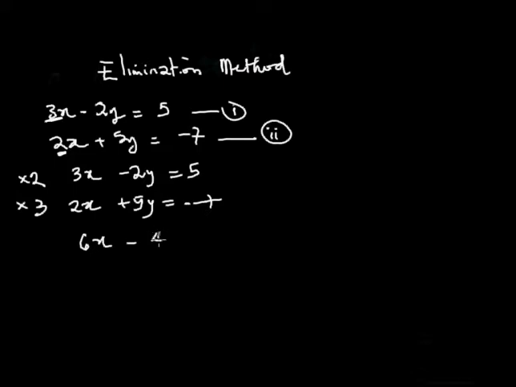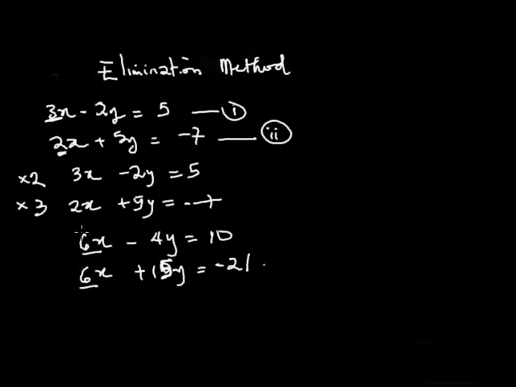minus 4y is equals to 10. While we have 6x plus 10y is equals to, no, this should be 15y, because we are multiplying 3 by 5. It should be 15, and 3 by this is minus 21. Then, because they both have the same coefficient,